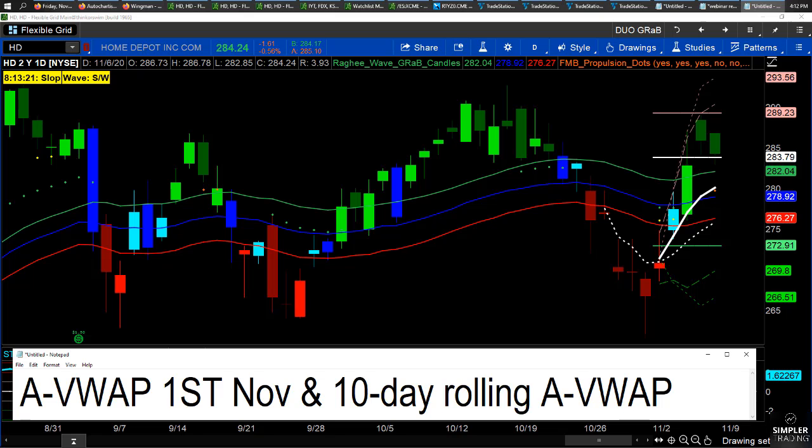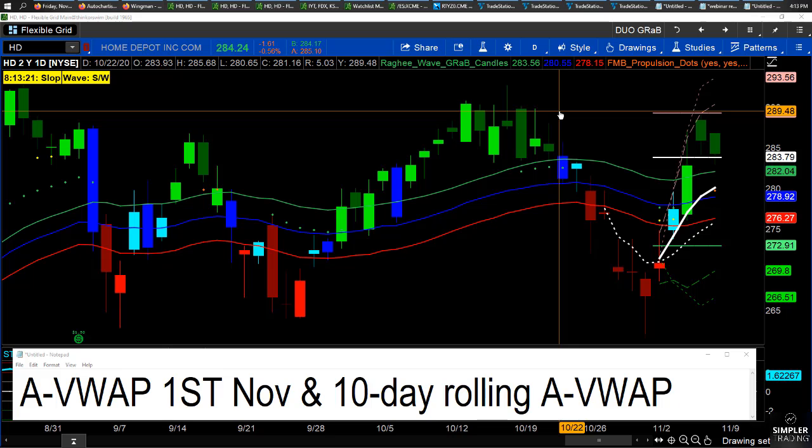So I put those in on this chart. You'll see that the 10-day anchored VWAP is the dotted line, and the first of the month anchored VWAP is the solid white line. So dotted white line rolling, solid white line, the first of the month. And this is on a daily time frame. So I determine my directional bias for day trades. Some of you that took my day trading class back in September will remember that. And even for my end of day trades, my directional bias is going to be based on volume weighted average